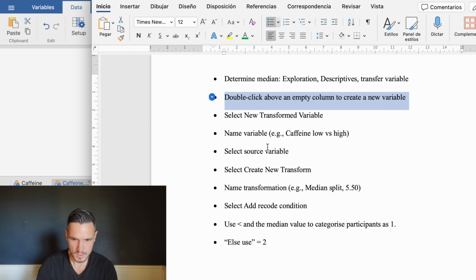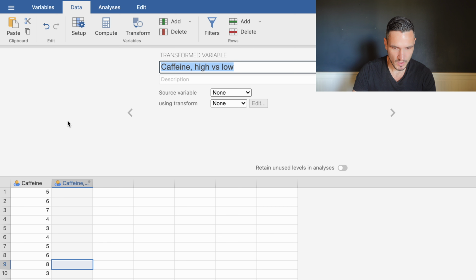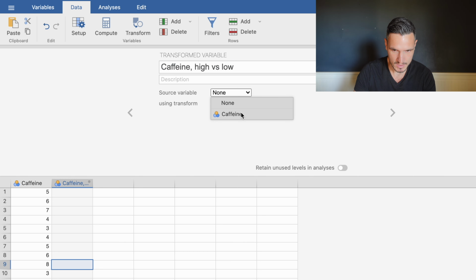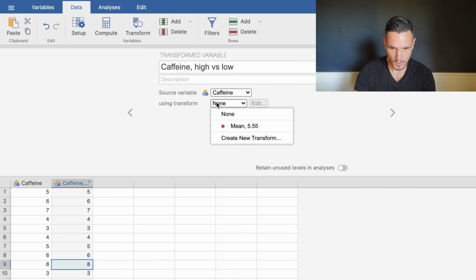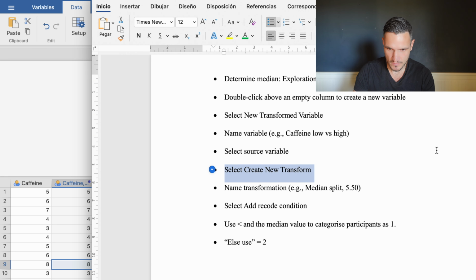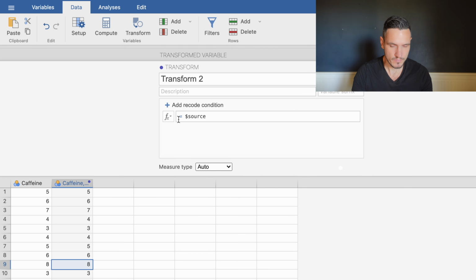The next thing on the list is select source variable. So the variable that we're going to use to create this variable is this caffeine variable. So we're going to select the caffeine variable from this list here. And then the next thing on the list is create or select create new transform. So we're going to go to this menu and we're going to go down to create new transform, and then we can give a name to this transformation because we can save it and then use it for other variables if we want to. So let's just call it something like median